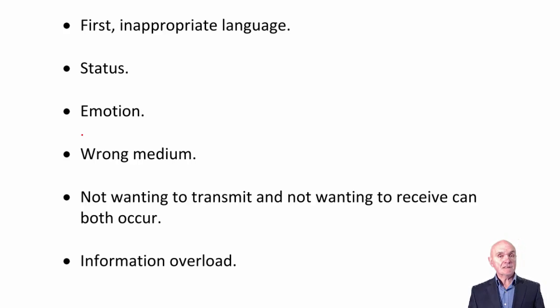It could be status. Perhaps the new person in the company is frightened to tell information that should be communicated to the boss. Maybe it's a very tall, narrow system, and the boss seems so many layers above that you are simply saying, I'm not going to communicate with this person. Maybe the boss is a bit arrogant and says, I don't want to listen to this new person. What could they possibly teach me? So there can be status problems, and at least some of that was got over as we moved from tall, narrow to wide, flat.